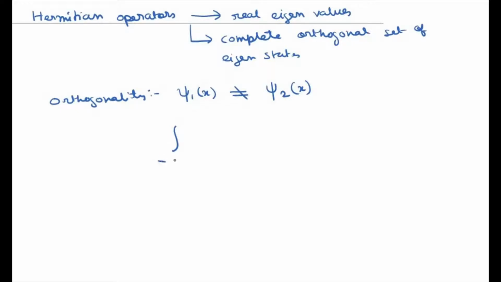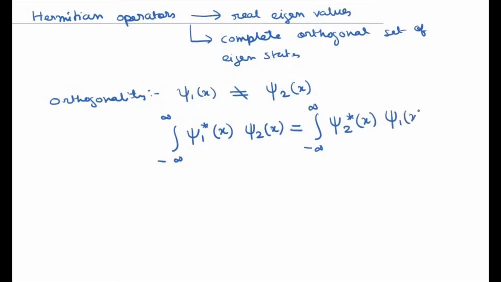Okay, so integral from minus infinity to plus infinity, psi1 star x, where psi1 star x is the complex conjugate of the wave function psi1, times psi2(x) should be equal to the integral of psi2 star x psi1(x), and this should be equal to 0. So this is basically the condition of orthogonality, and complete set basically means